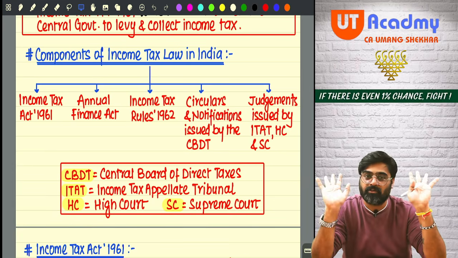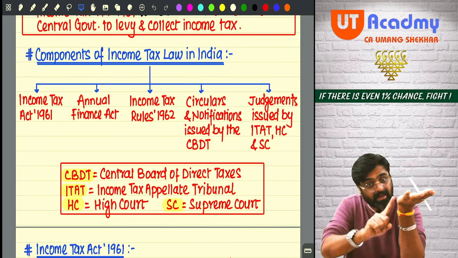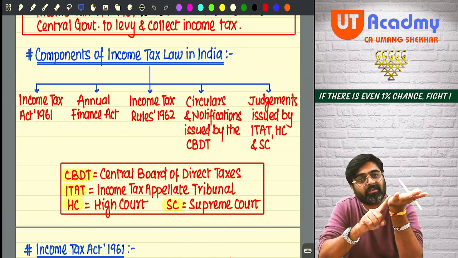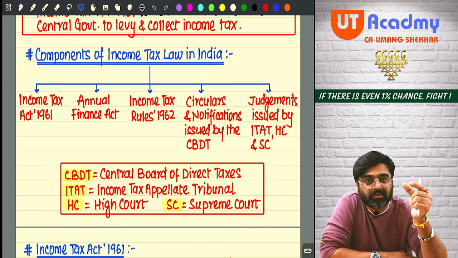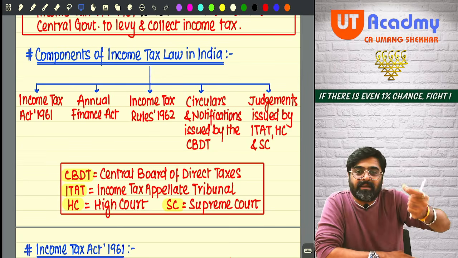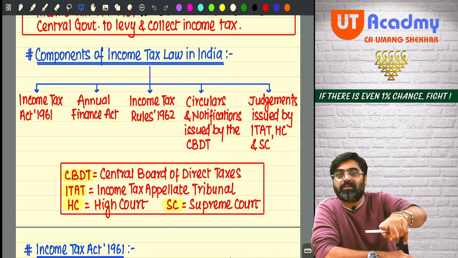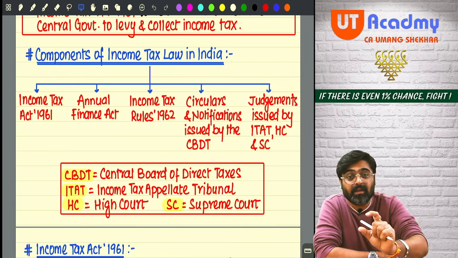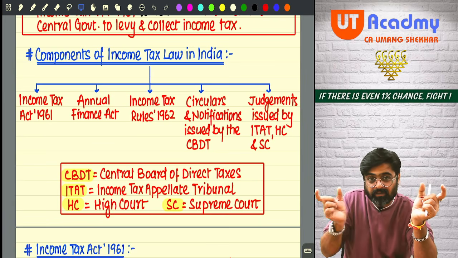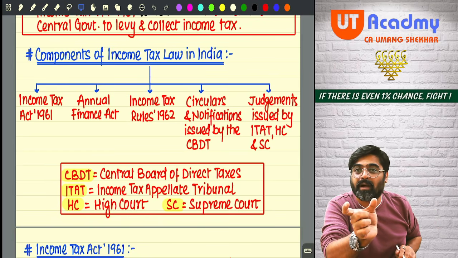But what will be the base? First of all, the base will be the Income Tax Act only. We are going to study the Income Tax Act, section number 1, section number 2, section number 3, likewise moving ahead. Then if in one section there is an amendment by the Finance Act, don't worry, while teaching you that section, I will tell you in the class itself that earlier it was like this, now this is the amendment. So forget the old version; we are supposed to remember this amended part.